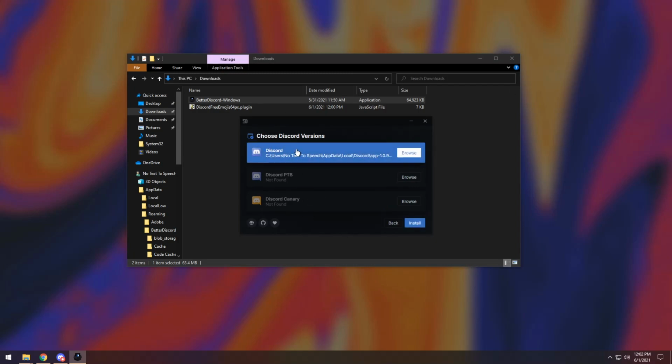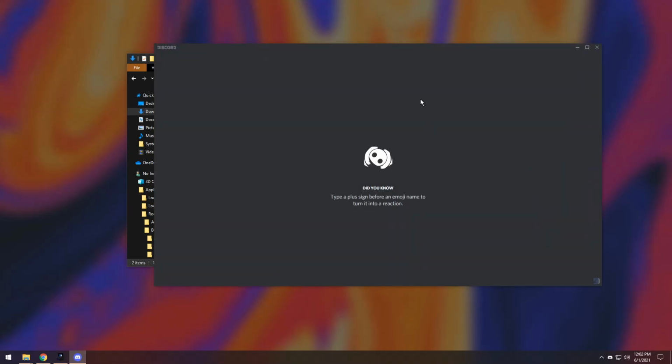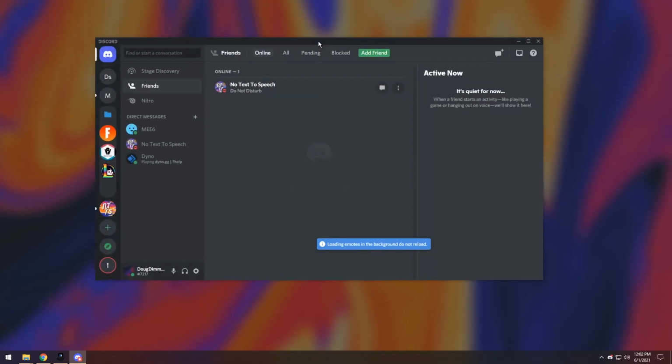click on the Discord version that pops up for you. Most of you will probably just click on Discord. Just click on that one and click install. Then once it's done, it will restart your Discord, and once it restarts, it may pop up with a massive